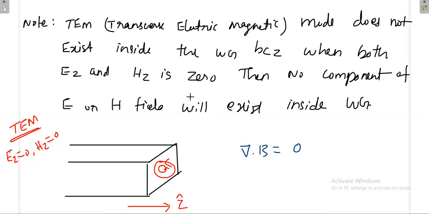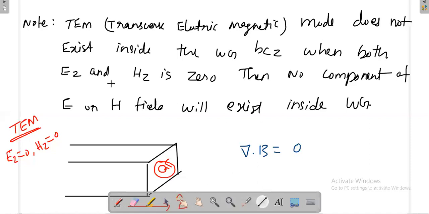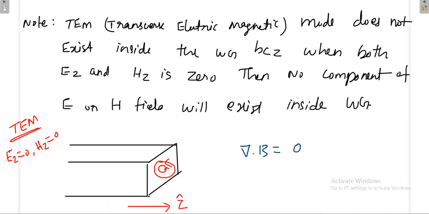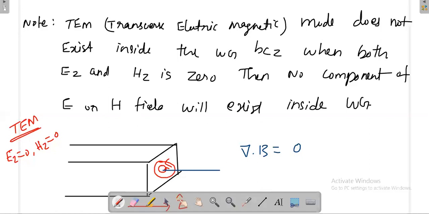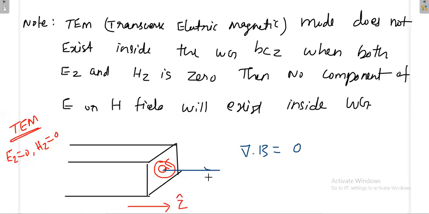You know one thing, once the magnetic field is in the rotational manner, then it will produce the current. Then it needs current actually. Once the magnetic field has to be in a rotational manner, then you need a central conductor. You need a current that has to flow on the central conductor. You need axial current. If you want to have a circular magnetic field, from your previous experience, you know that you need a current in this way. But if you want to have a current like this, say this is the axial current.